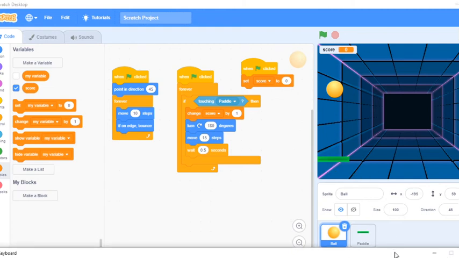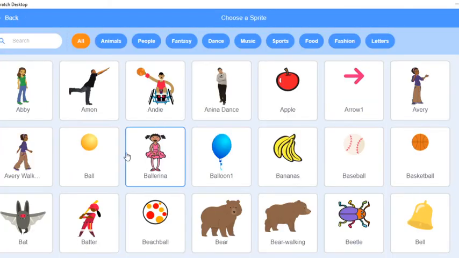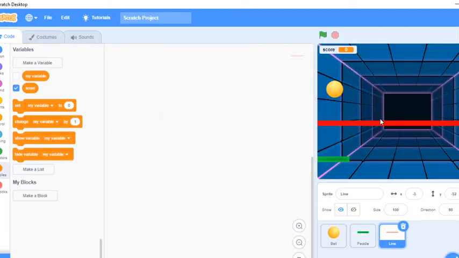Now again we want one more straight line here. So I will go towards the sprite. I will select one sprite. I want one line, so I will select this red line, and I will keep it here. So if that ball is touching that green line, that score will automatically be calculated. And if that ball is touching that red line, we cannot continue our game, we will be out of our game. So I have to write one simple code here also.